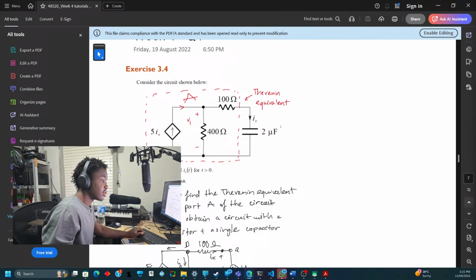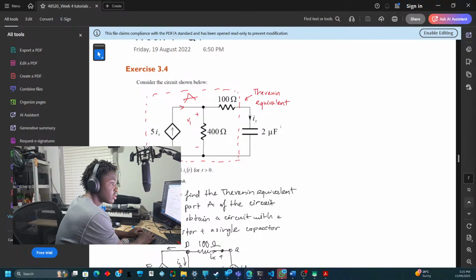This is where I thought the derivative should... shouldn't the derivative be